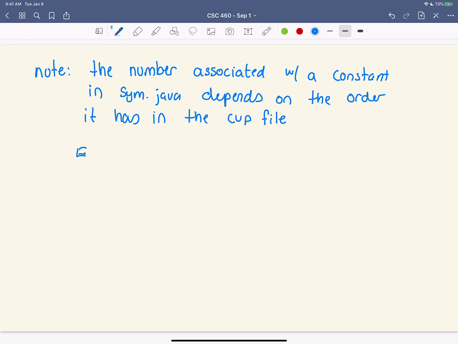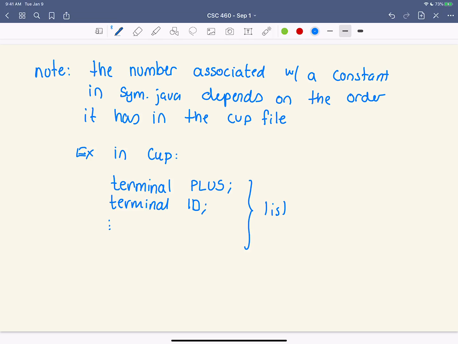So for example, in the CUP file, we have to say things like terminal plus, terminal ID. So basically we list all terminals.